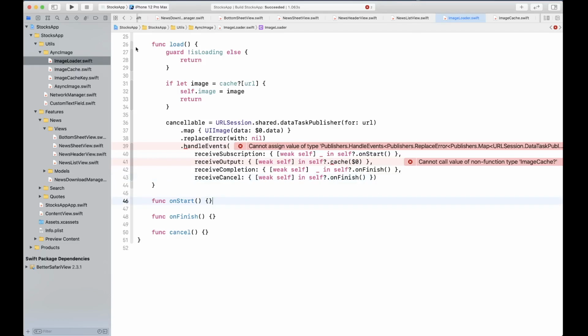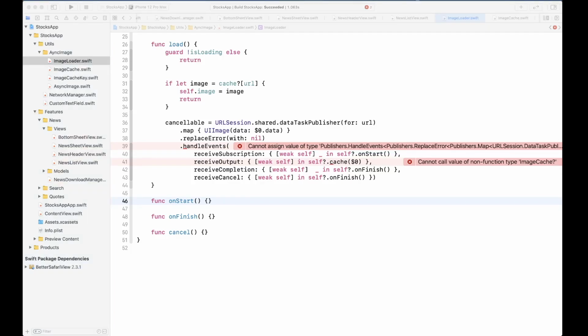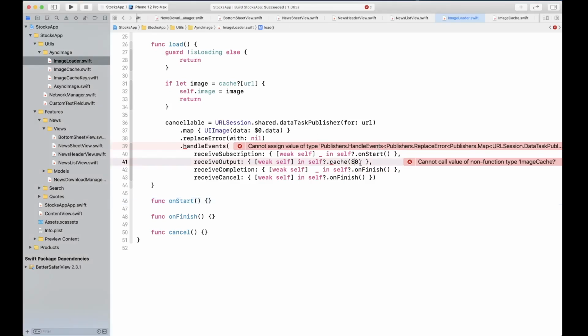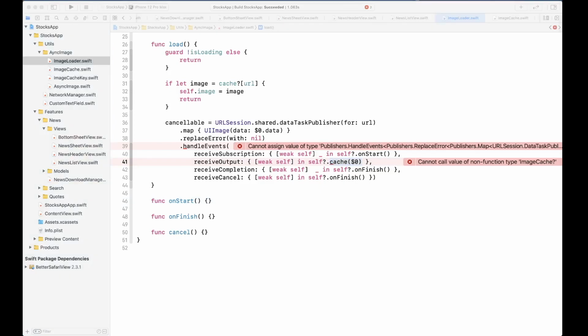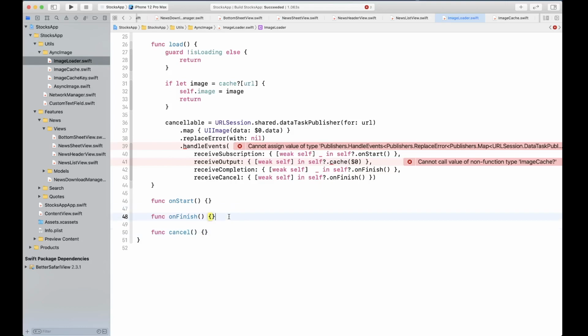All right. So we need to create this function as well. So let's go ahead and create that, I guess right here.